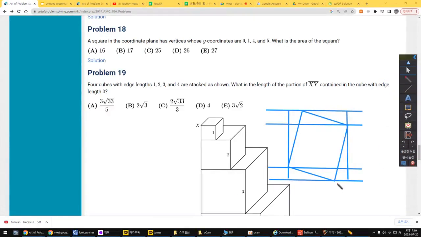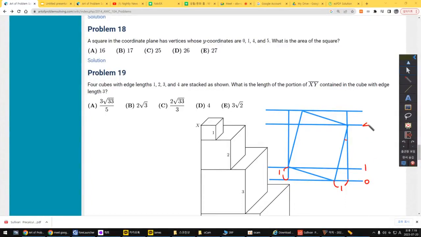And because these two triangles are congruent, if this length is 1, this length is also 1, and